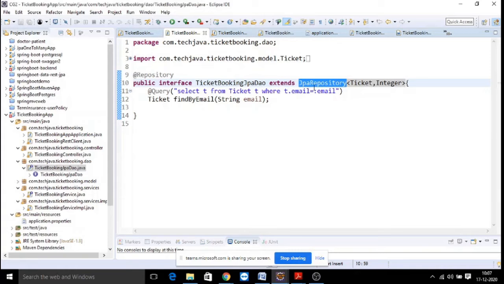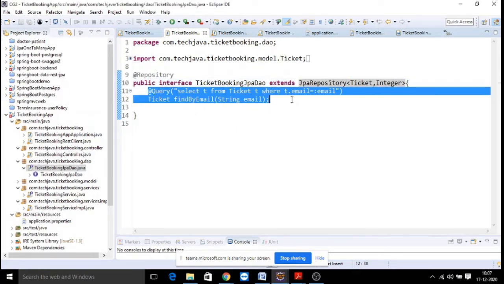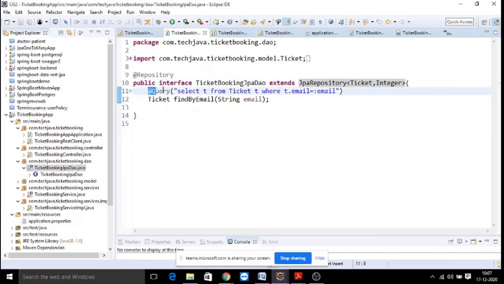Basic operations like save, delete, update and get we can do with JPA repository predefined methods. That is an advantage of JPA repository. You don't need to write any implementation here. Only if you need any customization, we will write a new custom method and write your query with the required logic.